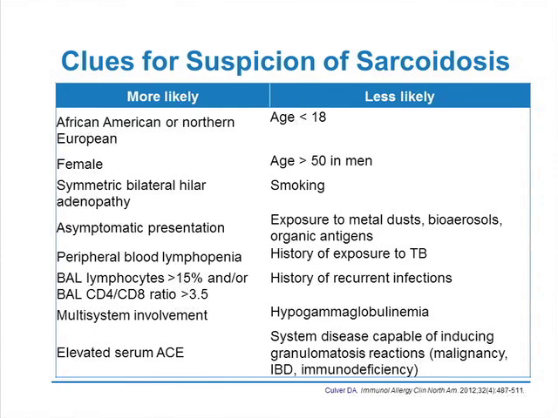History of recurrent infections or hypogammaglobulinemia should lead you to consider a diagnosis of common variable immune deficiency, which can cause a granulomatous reaction indistinguishable from sarcoidosis. And finally, it's important to consider that a number of systemic diseases may also lead to granulomatous reactions that can mimic sarcoidosis. After you put all these clues together, you consider whether or not there's enough evidence to go forward